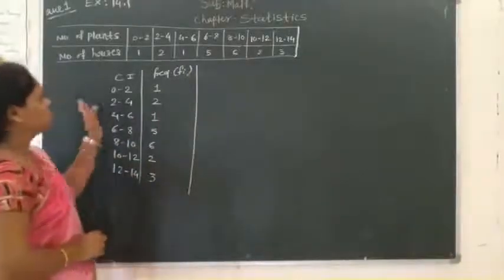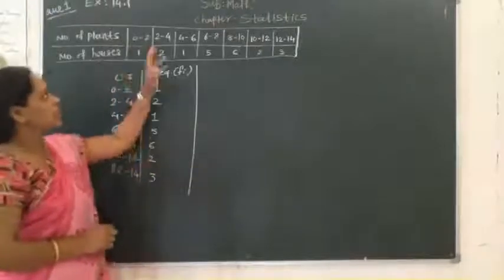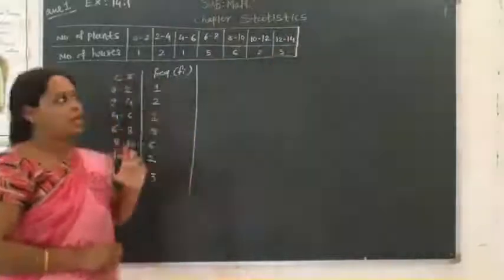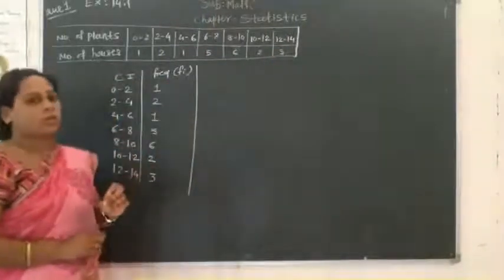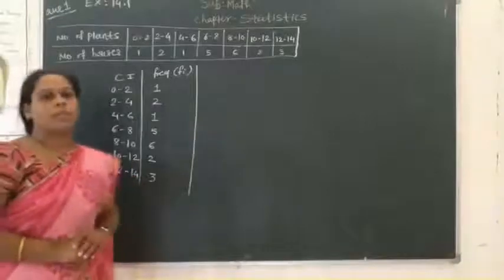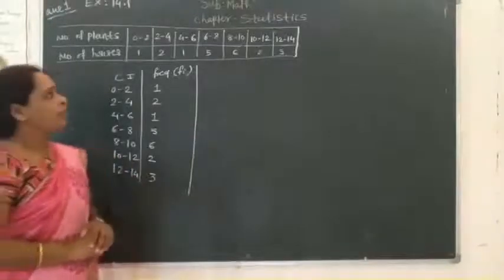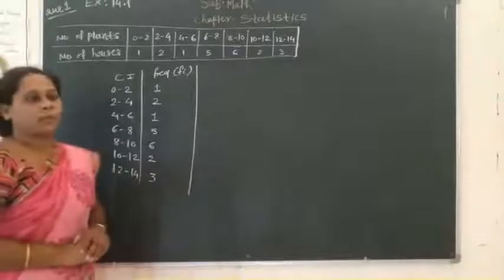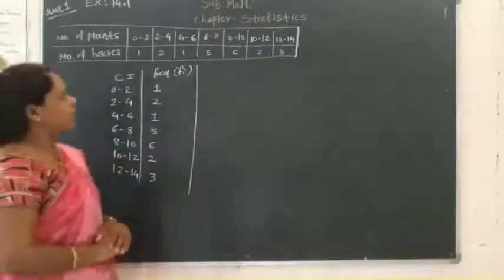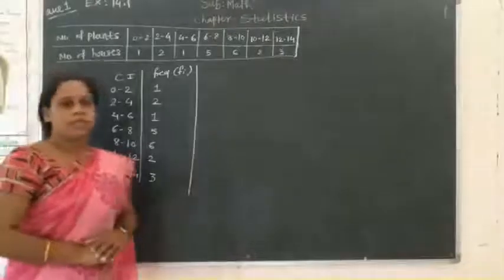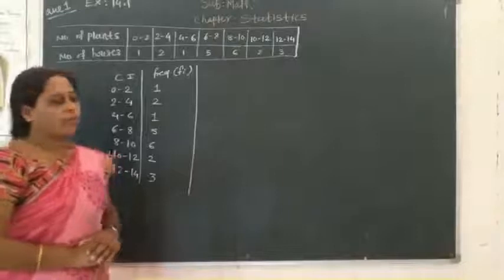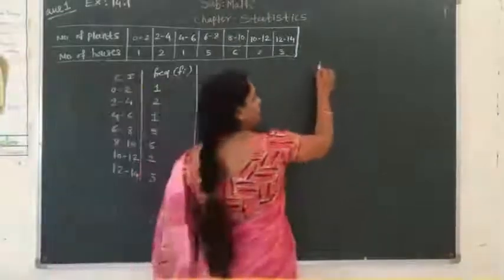Here the data is small, starting from 0 and ending at 14, so the digits are small, only two-digit numbers. That's why the question is which method is suitable, and the method is the direct mean method. There are three different methods to find the mean, but if the entries are small, you can use the direct mean method. The formula for the direct mean method is mean equals